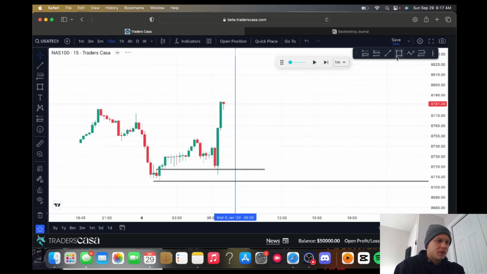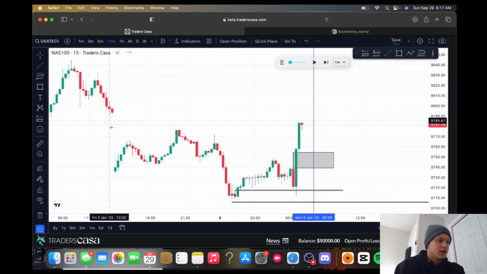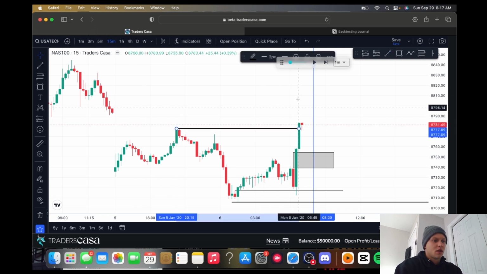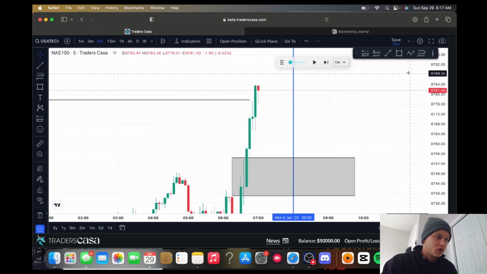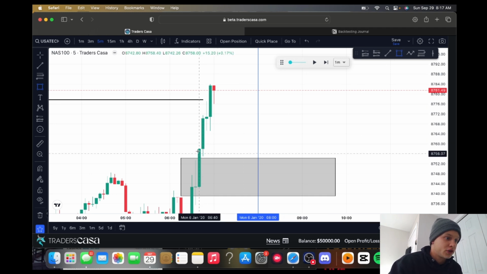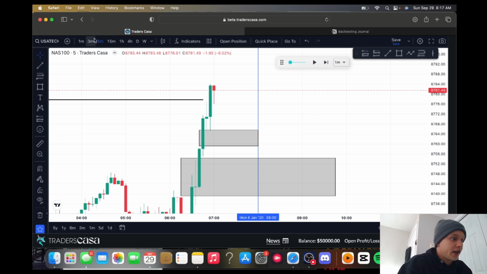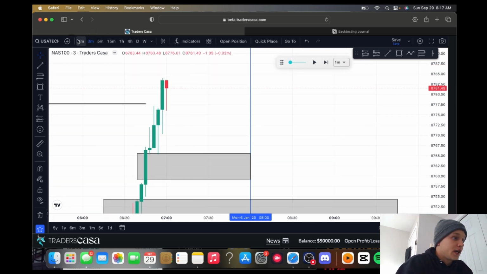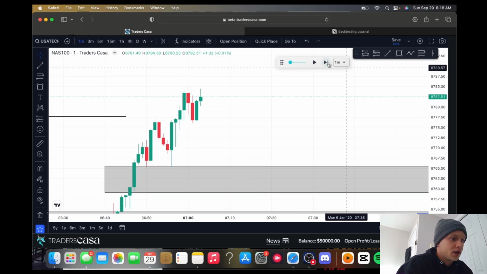Close the hourly, leave behind this unfilled 15. Swept out the highs there. Swept out these highs here, inside this balance here. I'd be open to some sort of shorting position. Relative equal lows with this 5 minute inverse fair value gap. I don't see anything on the 3 minute yet, and we don't actually have anything on the 1 minute either.